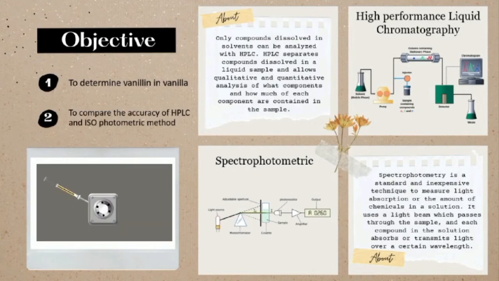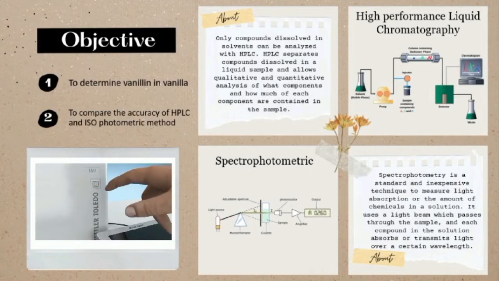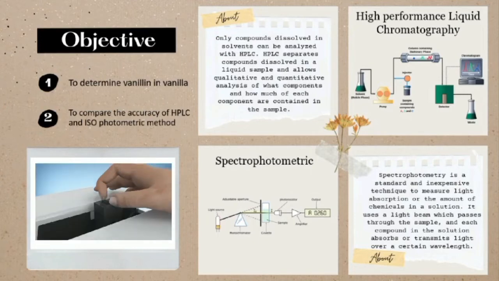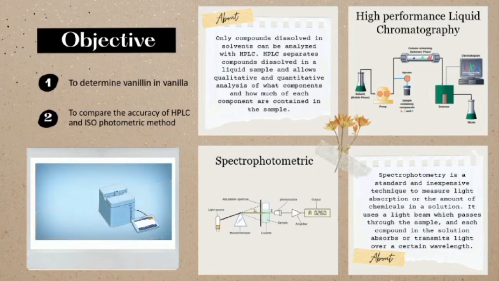Only compounds dissolved in solvent can be analyzed with HPLC. HPLC separates compounds dissolved in a liquid sample and allows qualitative and quantitative analysis of what components and how much of each component are contained in the sample. Spectrophotometry is a standard and inexpensive technique to measure light absorption or the amount of chemicals in a solution. It uses a light beam which passes through the sample, and each compound in the solution absorbs or transmits light